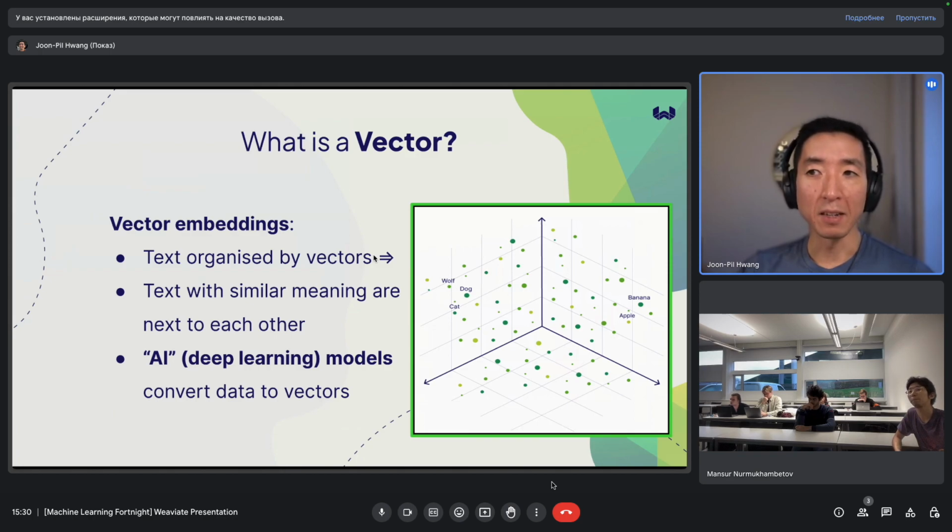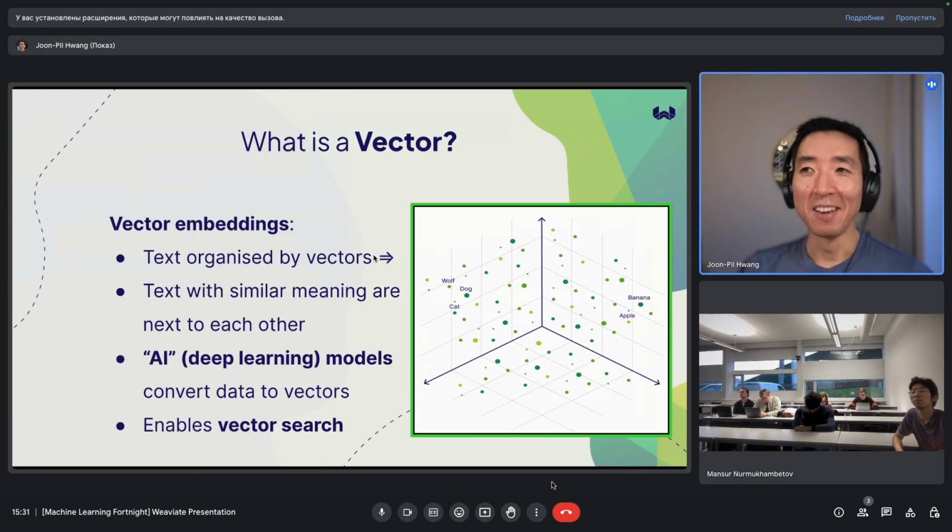And what's happening in terms of getting these vectors, this is the job of AI or deep learning models. And that's why the field in the recent past has made such advances. It's because of advances in the field of deep learning. And over the last approximately 10 years, I would say, the field has come such a long way that you can do things that basically were not imaginable in terms of natural language processing and being able to manipulate words and other objects, as you'll see later, by their meaning, which is really, really cool.